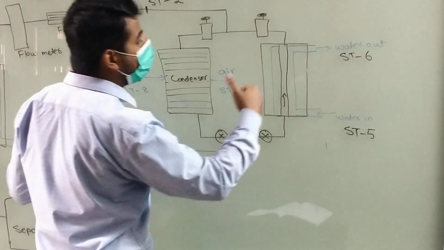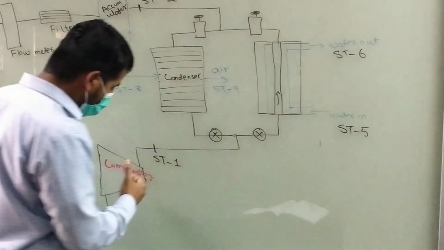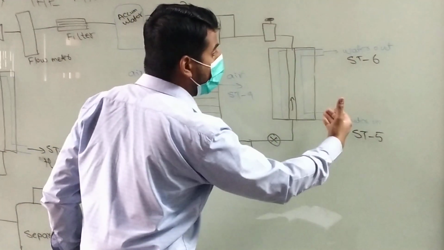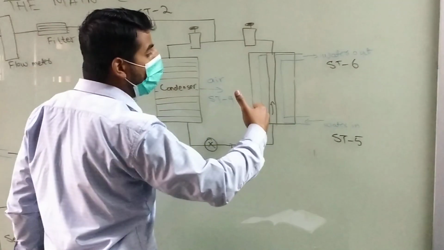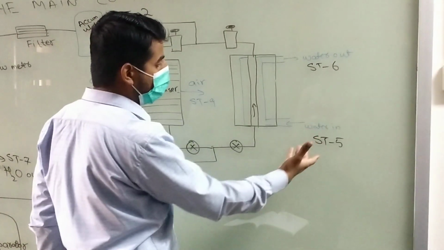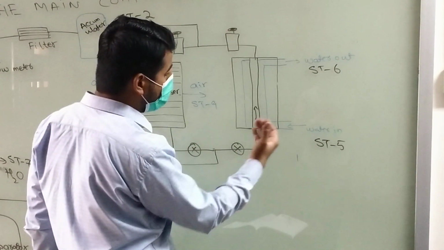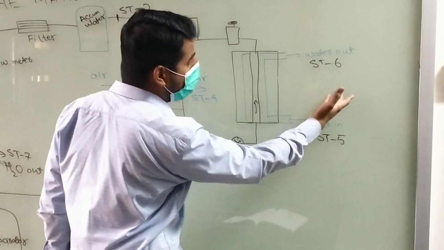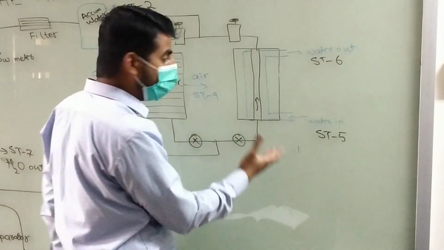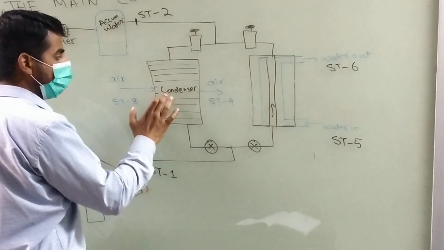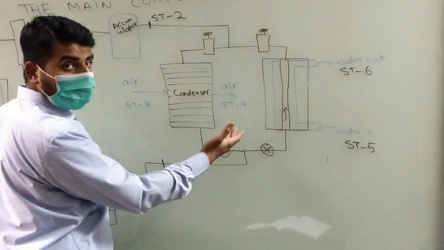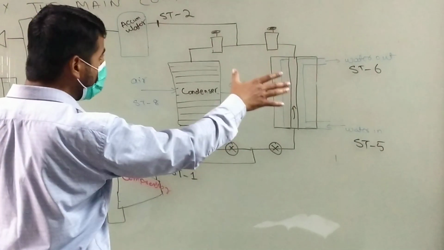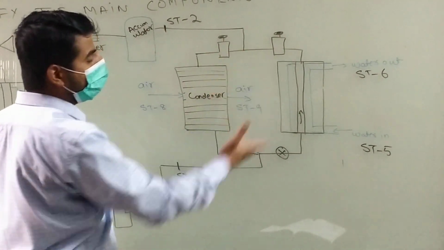In both cases, since it is after the compressor, the refrigerant will be at high pressure and high temperature, and the temperature of the water and the air will be low, so it will eject or release heat to the relevant medium. If we use the water based condenser, the refrigerant will release heat to the water, and the water temperature will increase. If we have the air based condenser, it will eject heat to the air, and the temperature of the air will increase. And after releasing heat in the condenser, it will be in liquid state,